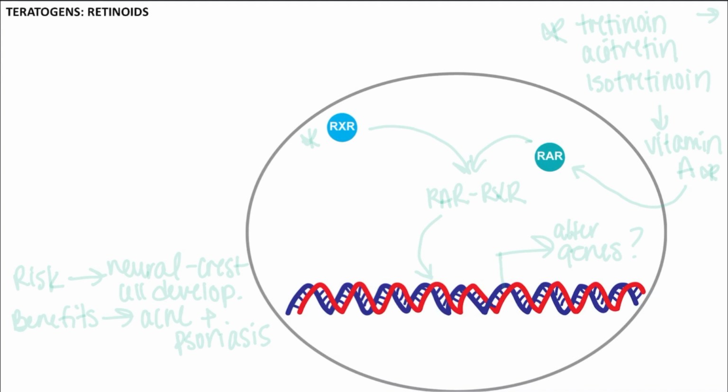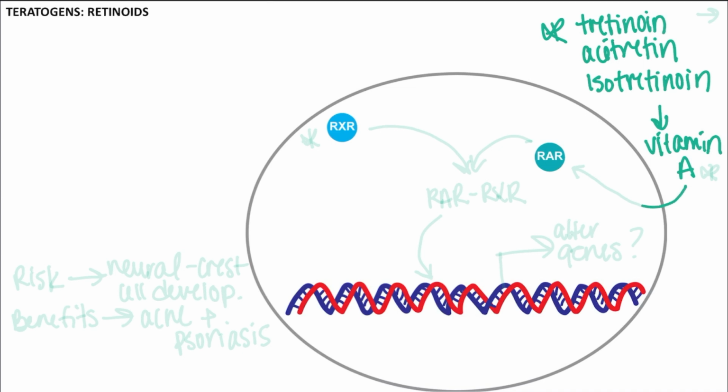So first we'll start off our discussion with retinoids like tretinoin, which comes up in this IQ case, as well as other agents like acitretin and isotretinoin, which will be important later on in this video. And these agents will all mimic the actions of vitamin A and other retinoids that are lipophilic, so they can enter a variety of different cell types